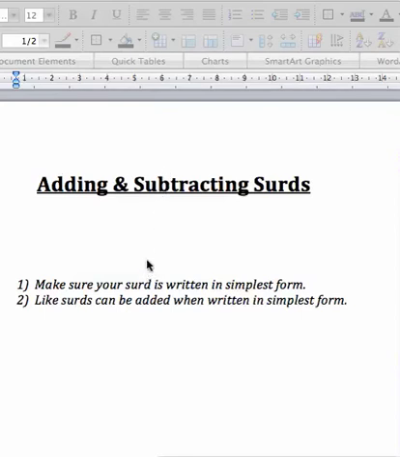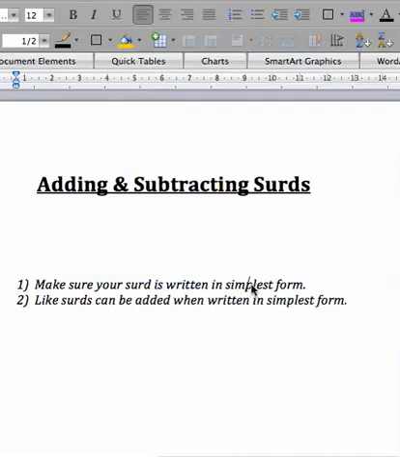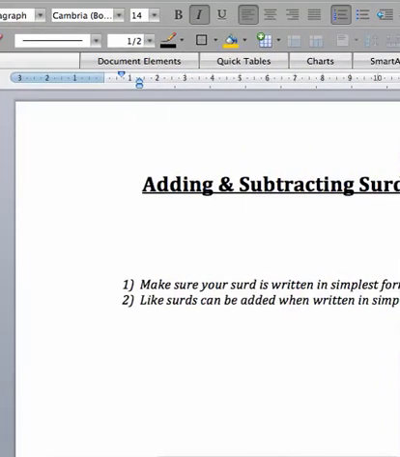Hello. Okay, this session will be on adding and subtracting surds. And there are two important points you have to remember and you should write down. The first one is whenever we add or subtract surds, we have to make sure the surd is written in simplest form. And to explain what that means,